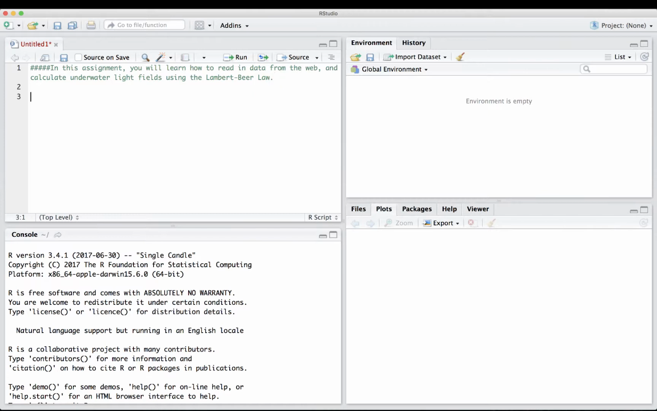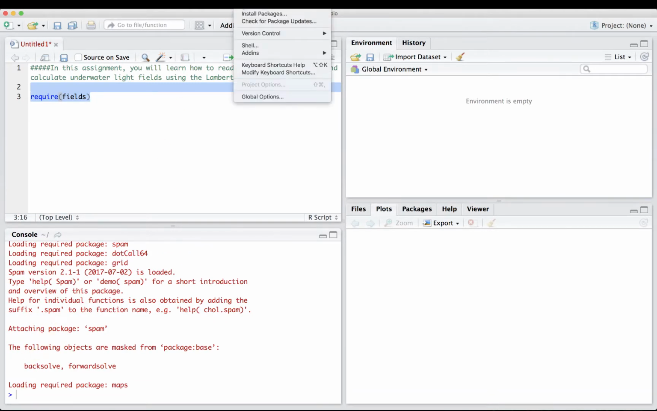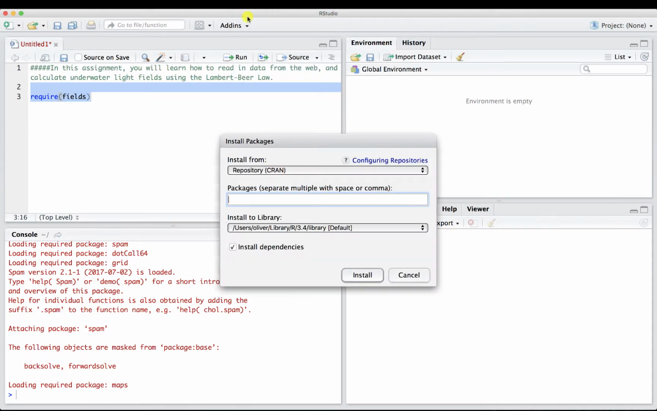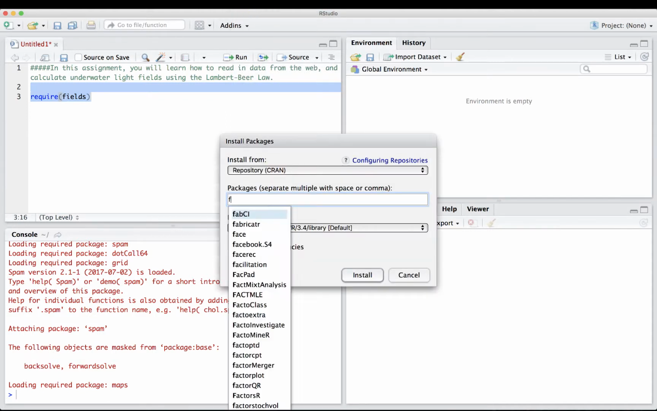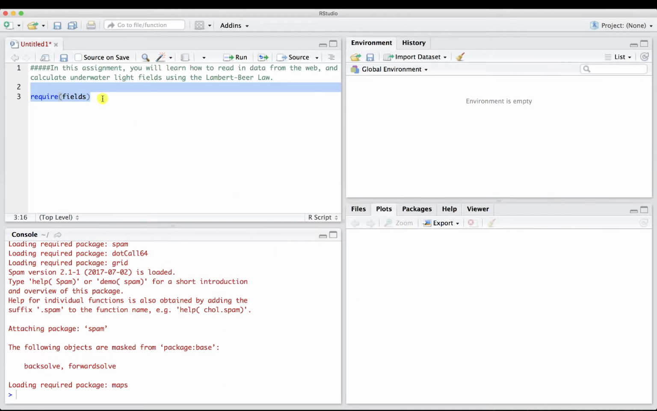So first of all, we're going to require a package, and hopefully you have this. If you don't, you can see. So I've got it. It loaded. If you get an error, you can go up here to Tools, go to Install Packages, and type Fields in here, and go ahead and click on that and hit Install, and it'll install it for you. So once you have that loaded and installed, we can